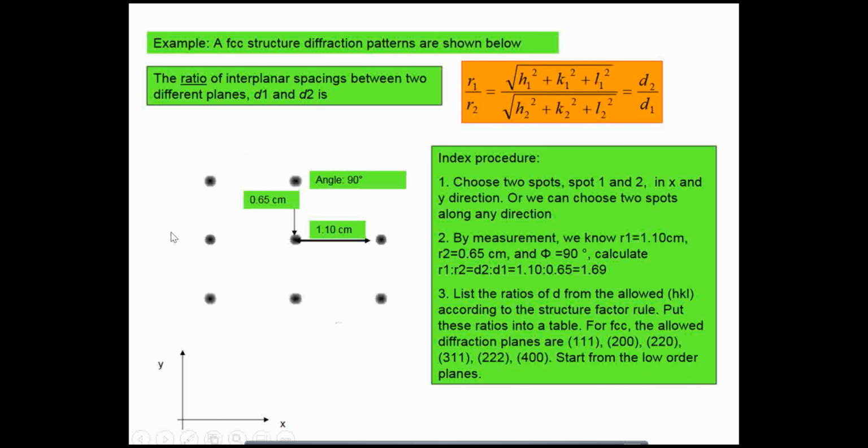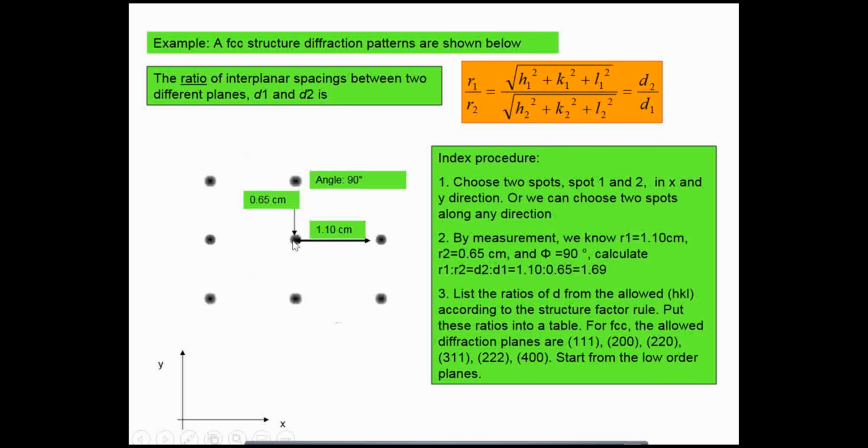So first you take one of the points as the origin point. 0, 0, 0 you can assign to the origin point. Okay, and then from there you choose any two. So you have chosen this one, and you have chosen this one. And the angle you have also found, so the angle is 90 degrees, and the radius you have found. Now the ratio of the radius R1 to R2 you can find out, and it is coming out to be 1.69. So the ratio is 1.69, the angle is 90 degrees, and this origin is 0, 0, 0, the Miller index you already defined.